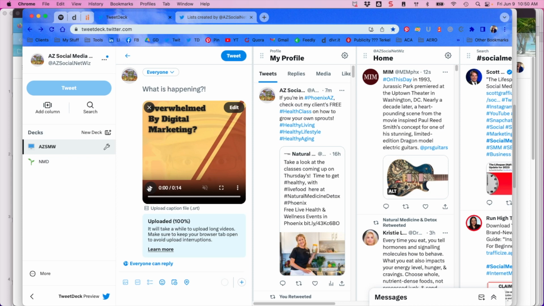Should you go to Twitter Blue? And what are the benefits? One of the benefits is that you can upload longer videos. So here it says it is uploaded 100%. Okay, so